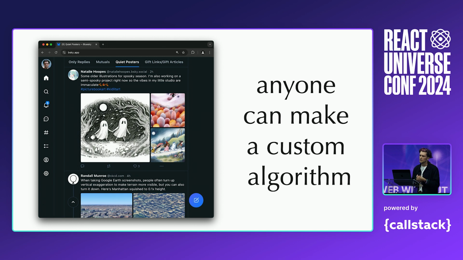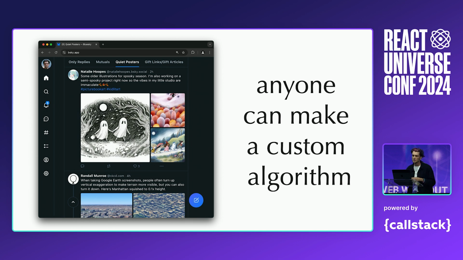Another interesting thing about Bluesky is that on Twitter, you have tabs like For You and Following. That is kind of like the built-in algorithms. But the strange thing about Bluesky is you can actually write your own algorithm and plug it into the app. You can run your own server and serve posts from Bluesky, then add that feed to your profile, and other people can add it to their homepage.